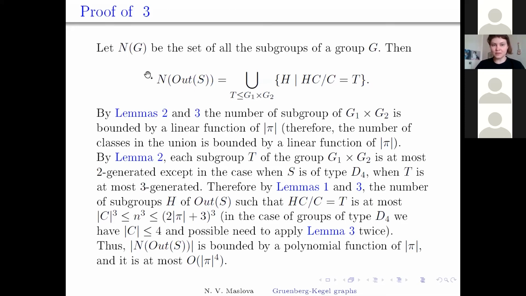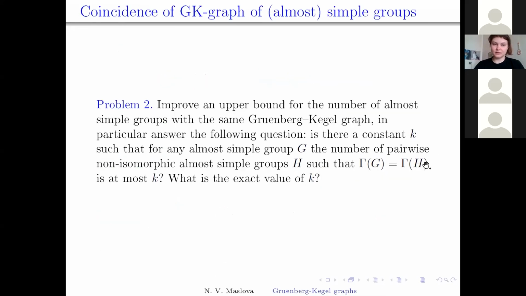Thus, the number of subgroups of the automorphism group of S is bounded by a polynomial function of the order of pi and is at most O of the order of pi to the power 4. And here our bound is not strict, and the problem 2 is to improve the upper bound for the number